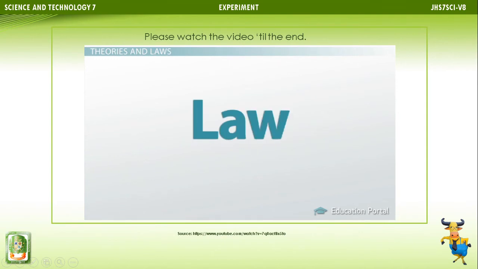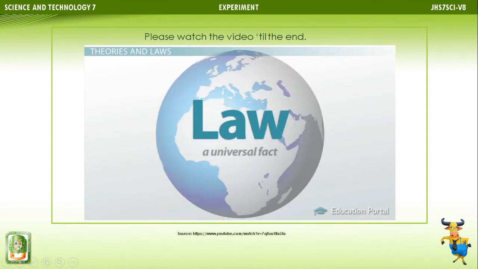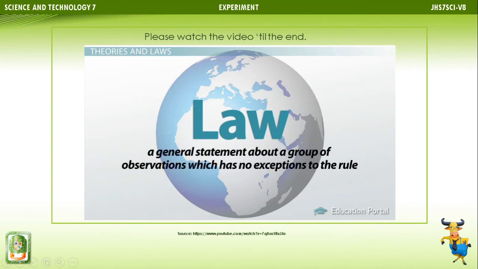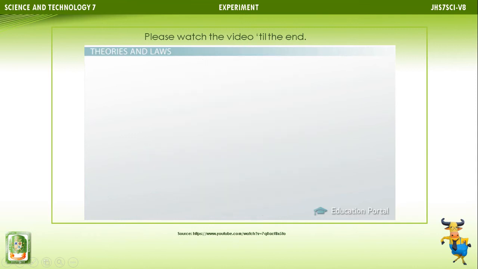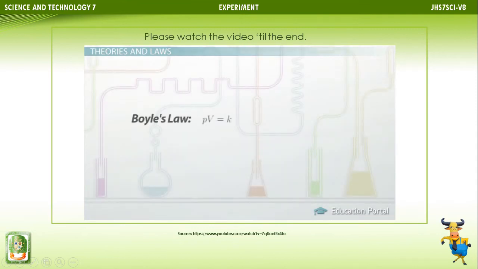A law is different from a theory in that it is viewed as a universal fact. A scientific law is a general statement about a group of observations which has no exceptions to the rule. Most laws can be stated as mathematical equations, like Boyle's law and Pascal's law. Laws in biology are statements about how living things